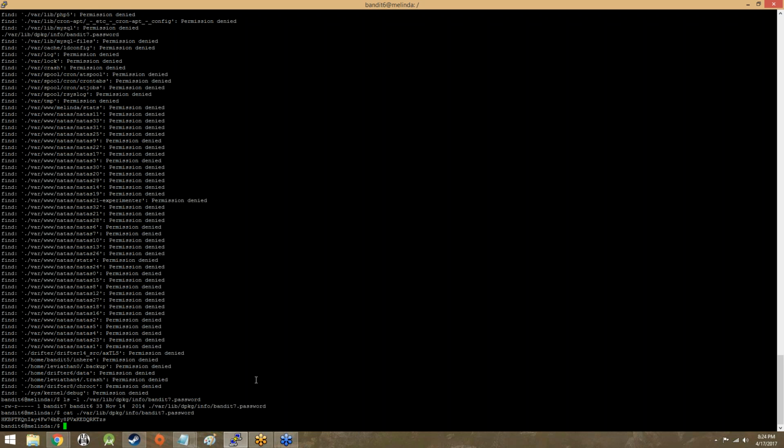We are going to use the SSH command that you've either already used or that people who have been using Mac and Linux systems are using. So it's going to be ssh bandit7@localhost. You might be going like, whoa, what? What's going on here? Or maybe you're like, meh, whatever. But anyway,